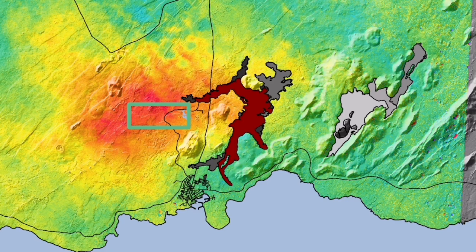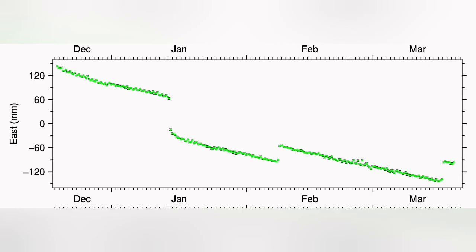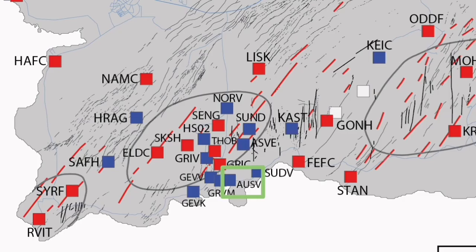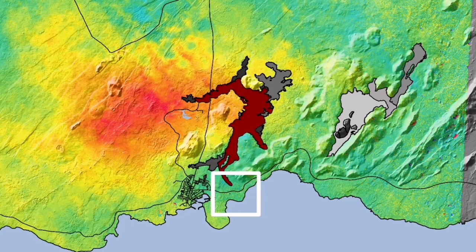What is interesting is the east-west direction; you can see it here. We have a contraction of the ground in the east-west direction, and the moment the eruption happens, it starts to stretch back. So what we are seeing on the opposite side of it, in Grindavík, is exactly the opposite of what happens in the Elfdorf. We see that